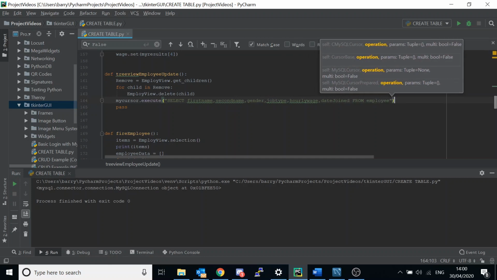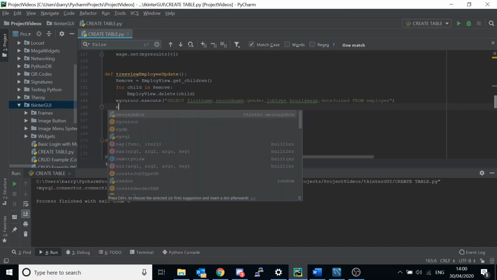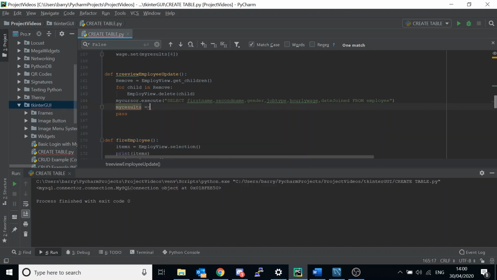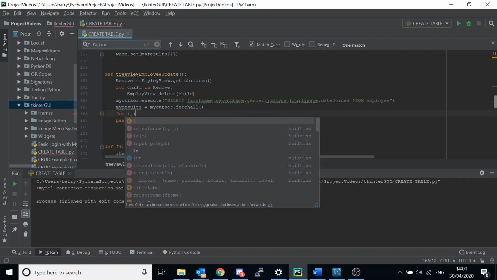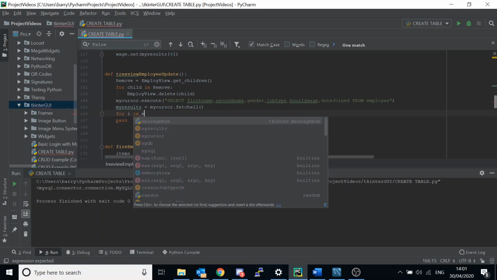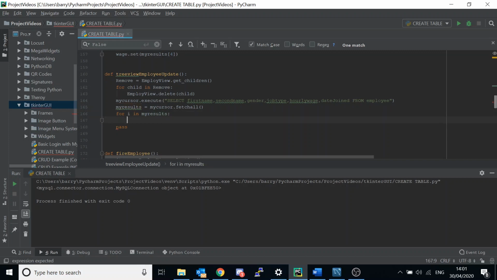Okay, so we're selecting all of that data, and then we're going to say my results equals my cursor dot fetchall, and I'm going to say for i in my results, we're going to do